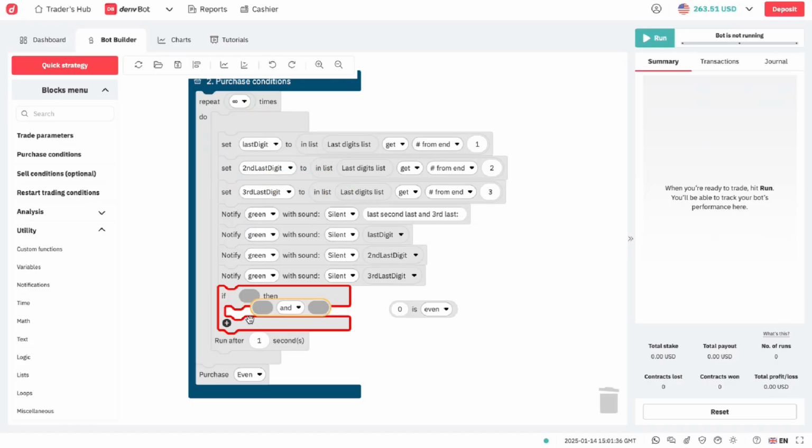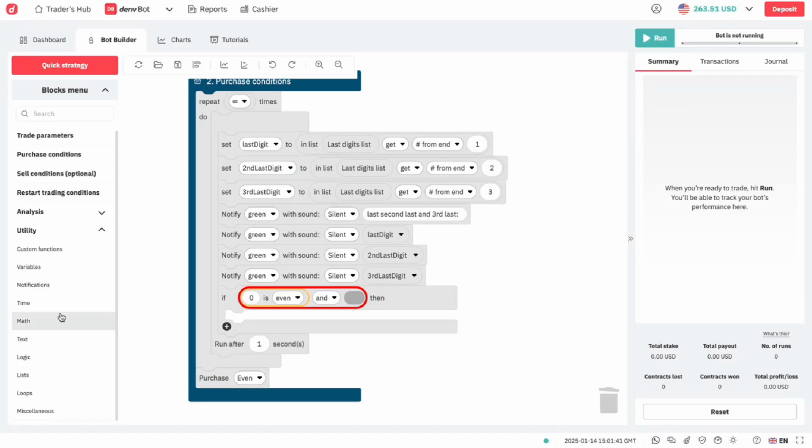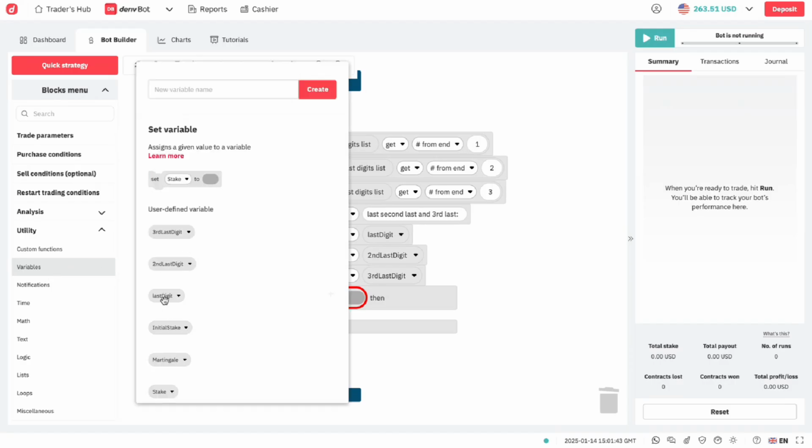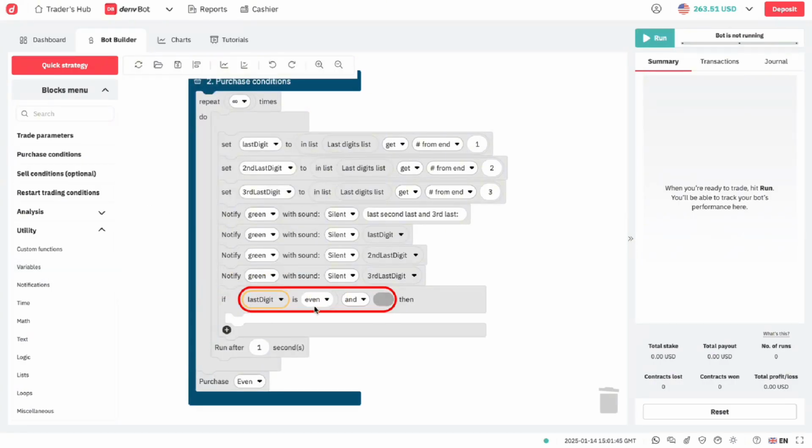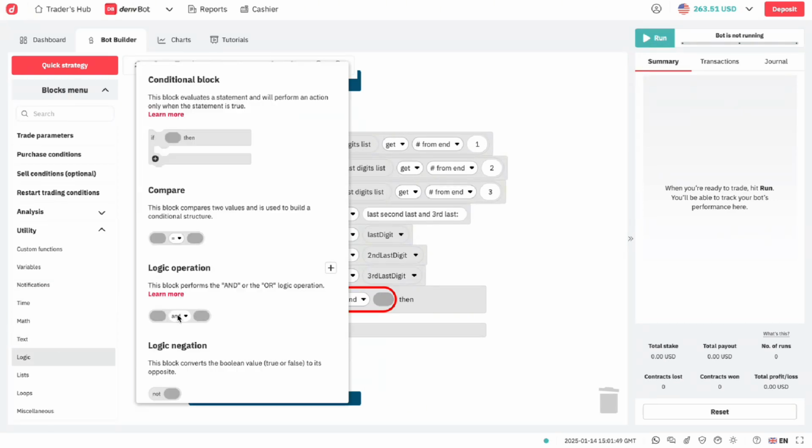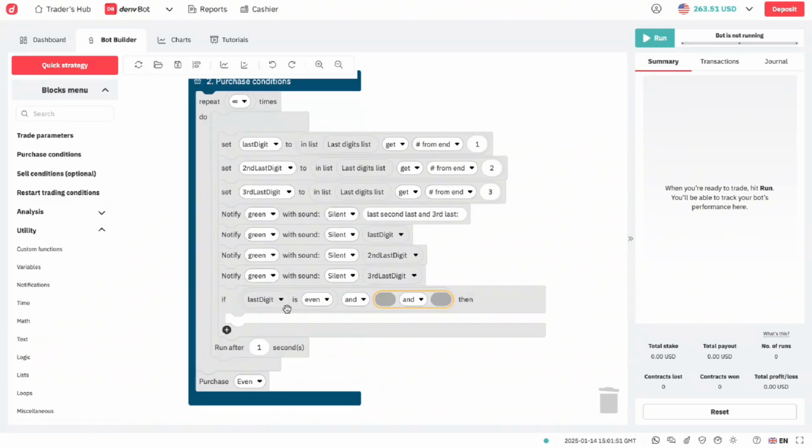I need this. So we place it there, and the first thing we do is check if our last digit is an even number. So last digit is even. We need another comparison operator there.